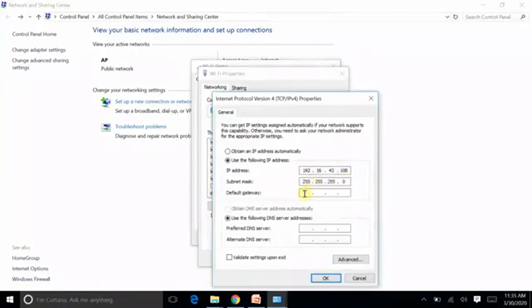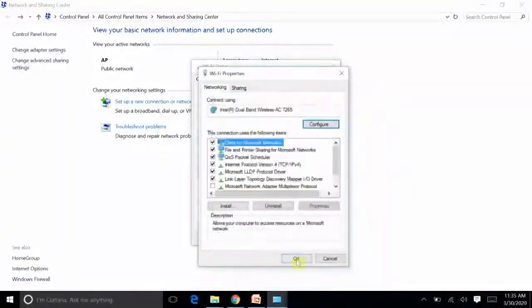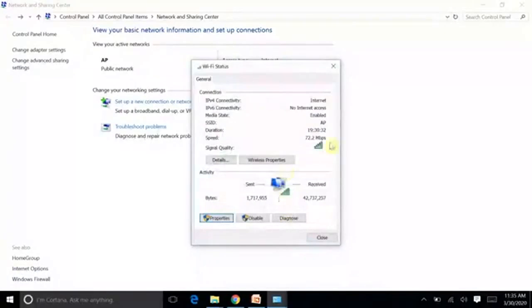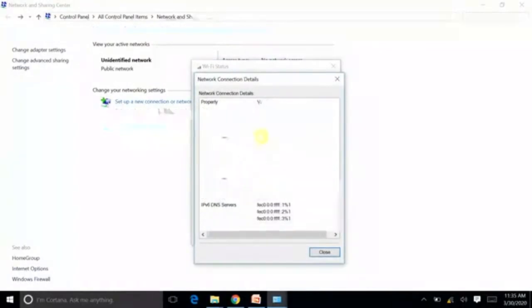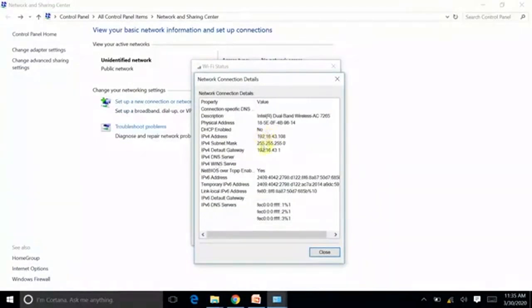Subnet mask, gateway, that is 192.16.43.108. Now you see here the difference between the two. DHCP enabled is No. Then it means that a manual IP was given to the system.